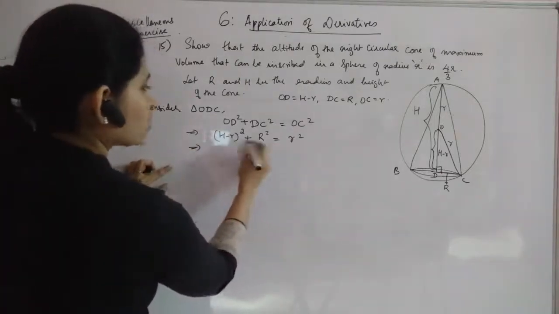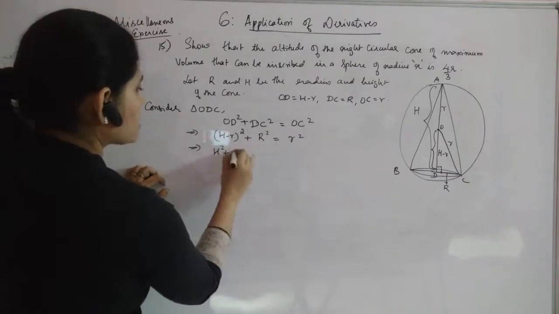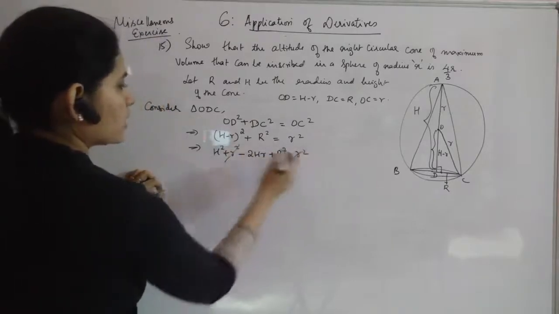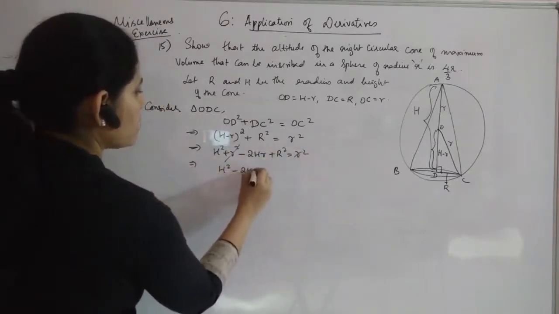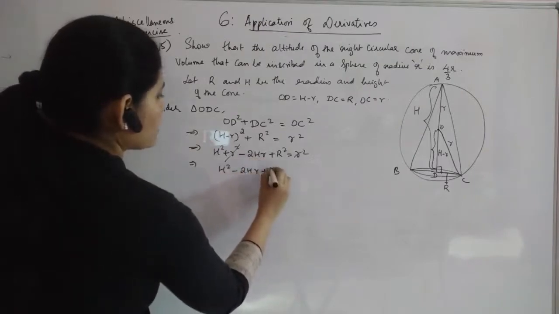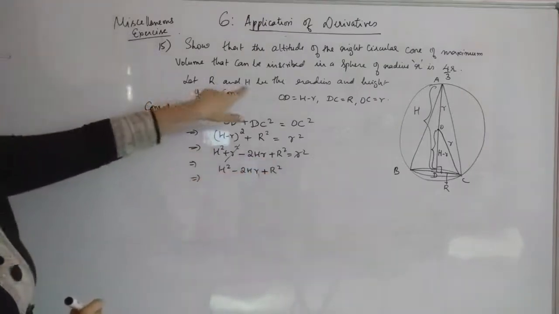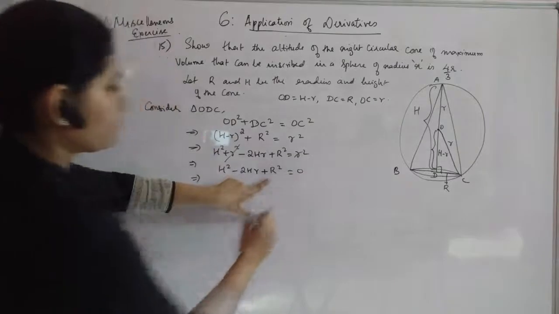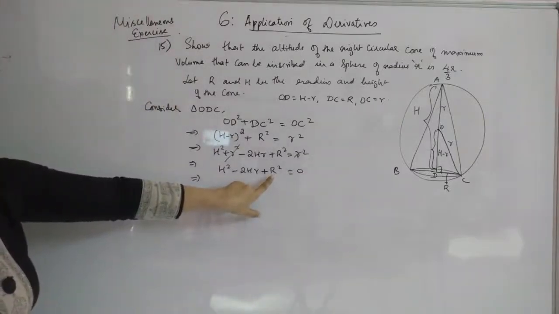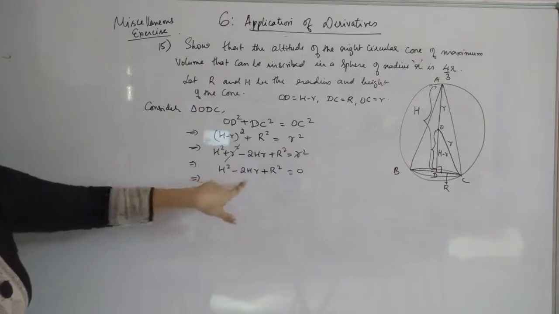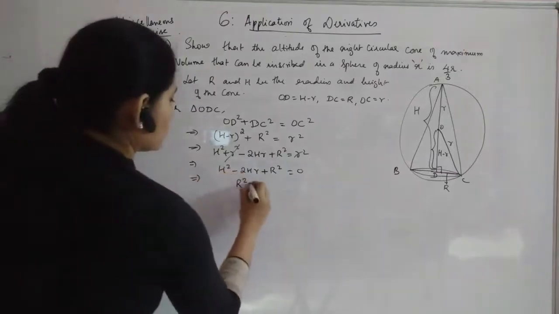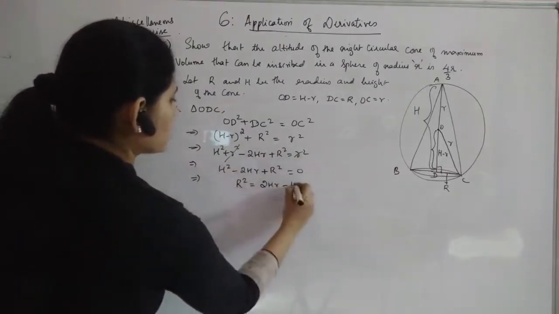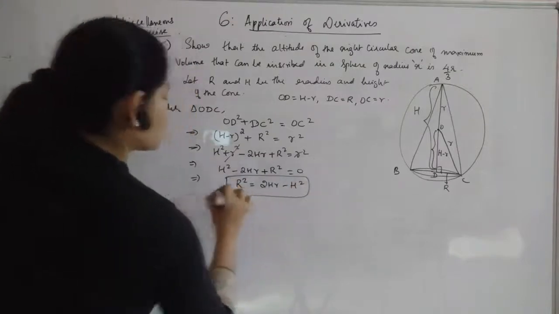Okay, so we are just expanding so that one will get cancelled. H square plus r square minus 2Hr plus capital R square is equal to r square. So this r square gets cancelled and you are getting H square minus 2H small r plus R square. So we know that R and H are the variables and small r is a constant. So from this we will just find out what is R. Okay, because here you have H in both the terms. So R is easy to find out. R square, what will be R square? This will go there, positive 2Hr, and this will become negative. So this is what you are getting as R square.